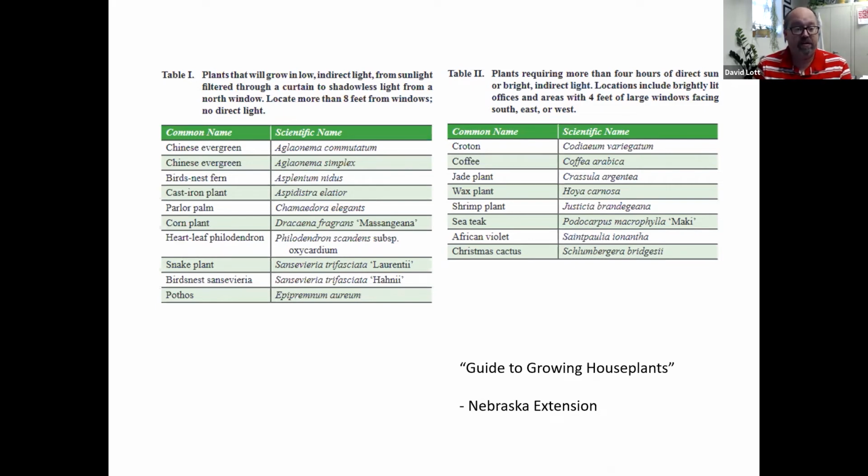One of my favorites is the cast iron plant, the Aspidistra. It's a plant that was used a long time ago. The reason it got its name, the bar plant, is a common one, was that they used to be in bars. If you think of Cheers, the environment of a smoky, dark bar, this poor plant could deal with that low light. It could deal with cigar butts. It could survive old mixed drinks and old beer, and it'll still keep going. So that's why it's called the cast iron plant. It's a wonderful one to work with.